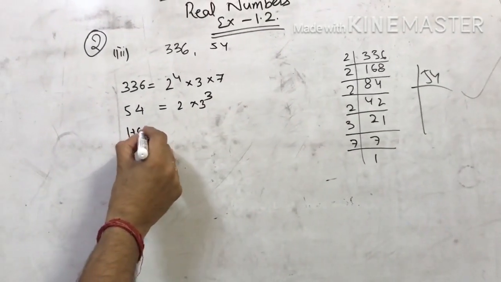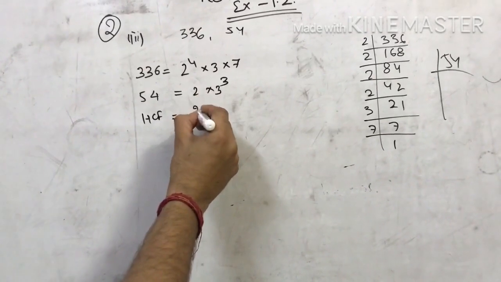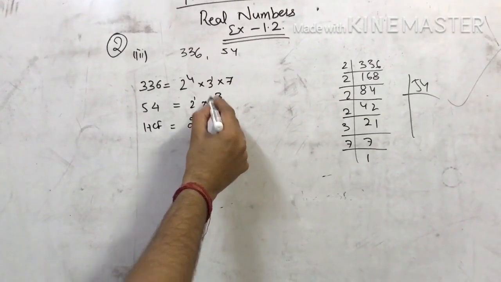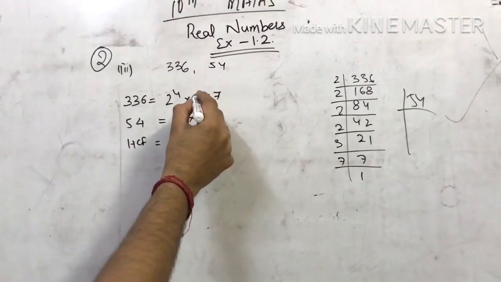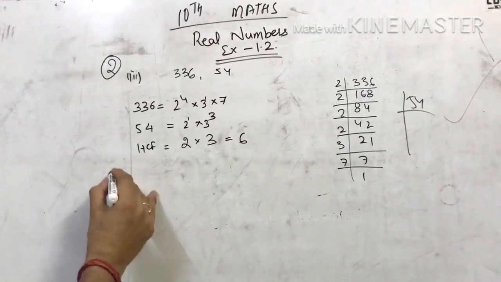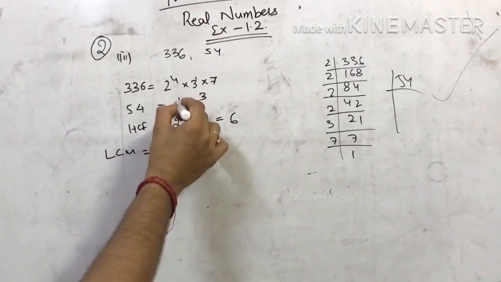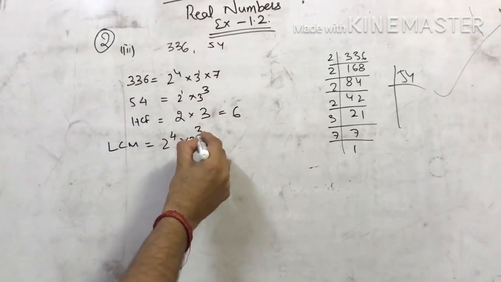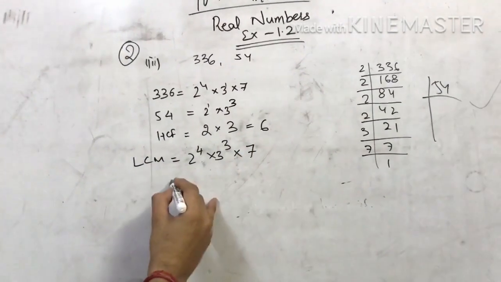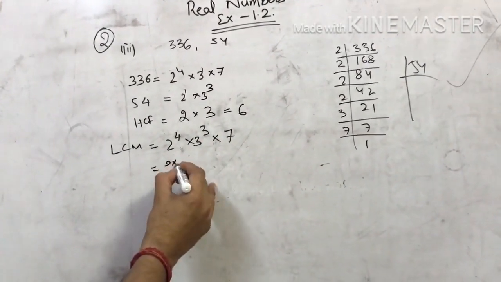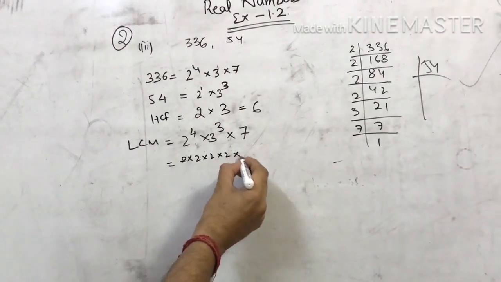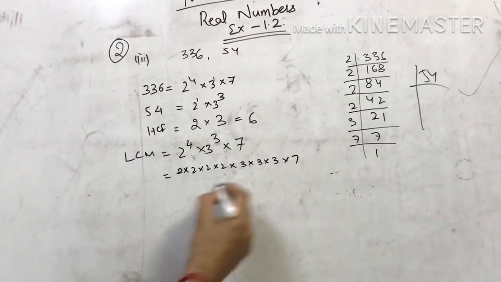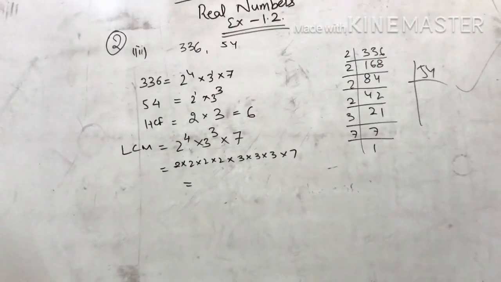Now for HCF, you know, we always take the minimum power of the same number. So here power is 1, so we'll take 2. Here minimum power is 1 for 3. So in between these 3 to power 3 and 3 to power 1, we will take 3, so HCF will be 6. But as far as LCM is concerned, when the numbers are same, the higher power number we take, so 2 to the power 4, here we will take 3 to the power 3, and finally the other number which is lying alone. So you have to multiply or calculate these numbers, find the value of LCM. Because its power is 4, you have to write it 4 times, then you have to write 3 times, then 7, and write the value of LCM also.